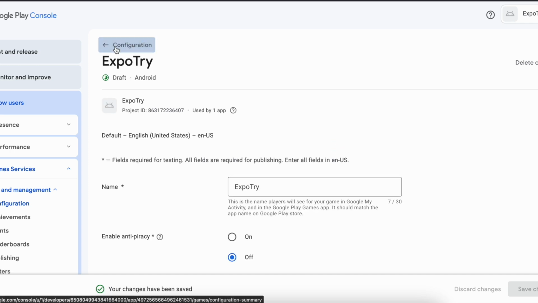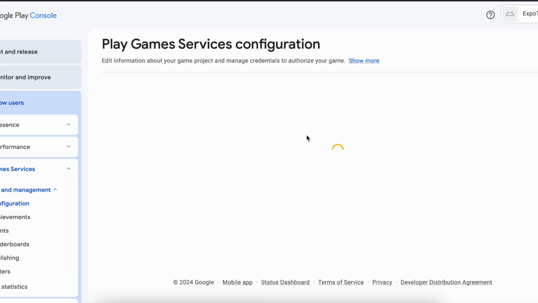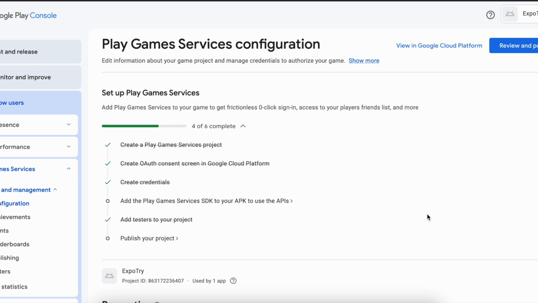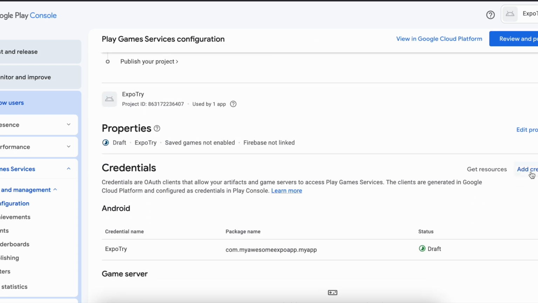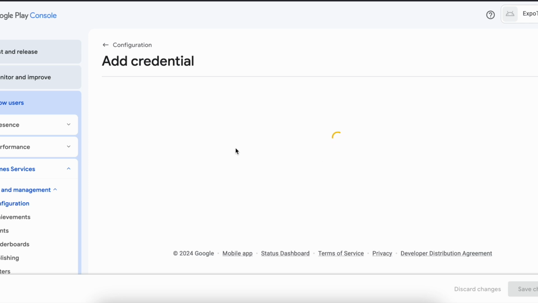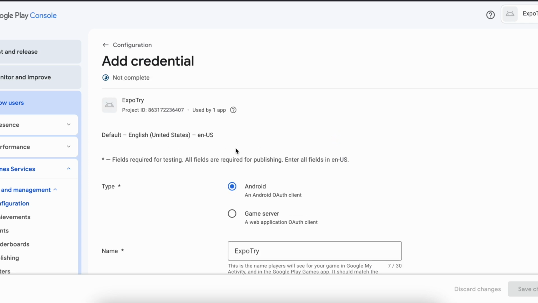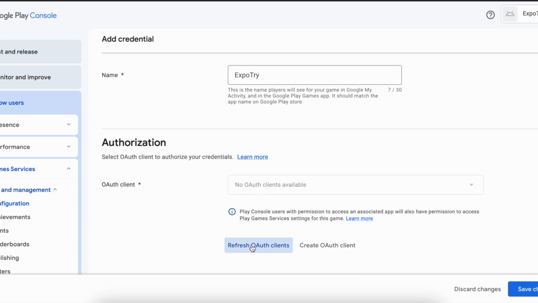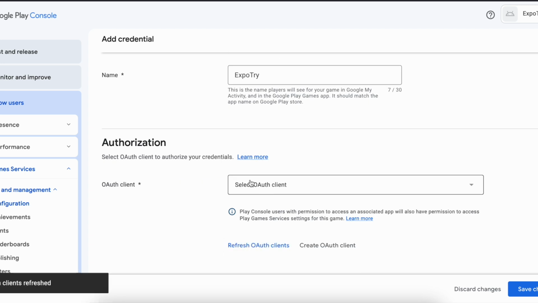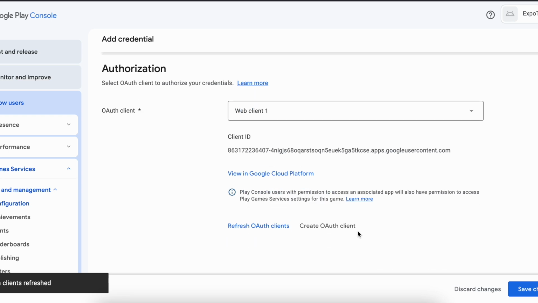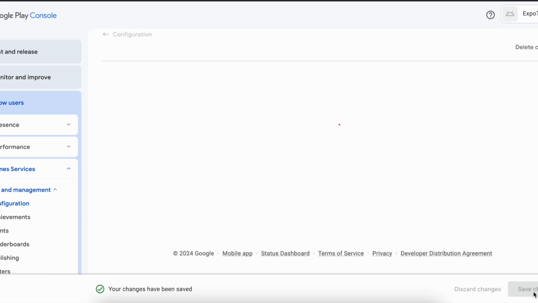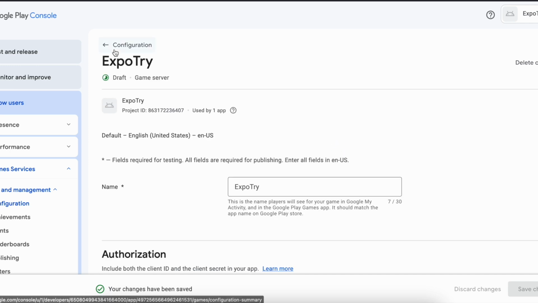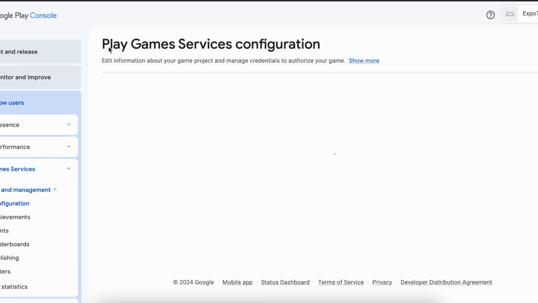And then again go back and here again click on add credential. Now I will select game server and click on refresh auth client id, select the web client id which we have already created, and just click on save changes again. Okay, so once this is done, again I'll go back to my configuration,